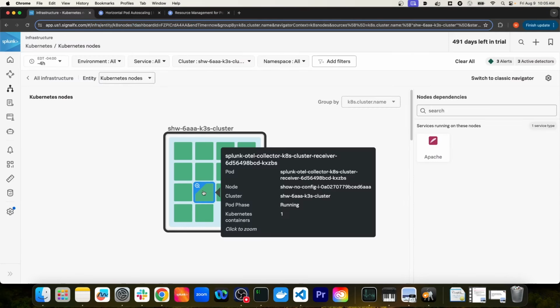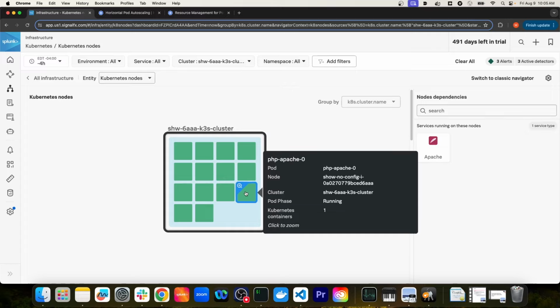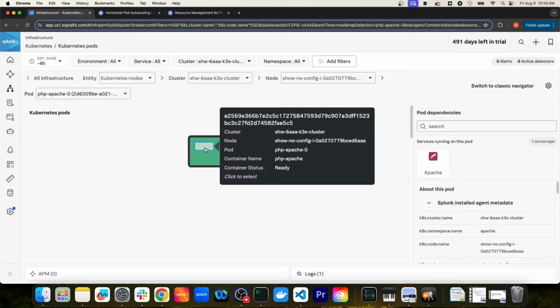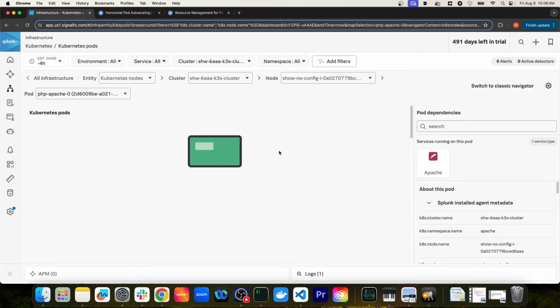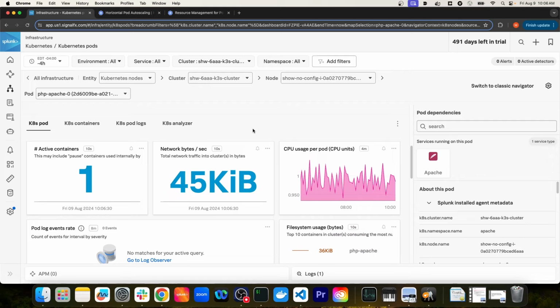And then these green squares are the individual pods that are currently running on the node, and here is our PHP Apache pod that's running the PHP Apache service. So I'm going to select that pod. Now I'll be able to see more detailed information about the pod and the container that's running inside of the pod. If I scroll down on this page, I can see the current resource metrics for this pod and its